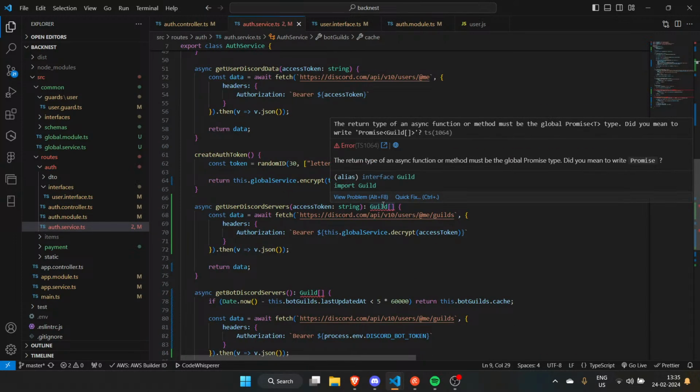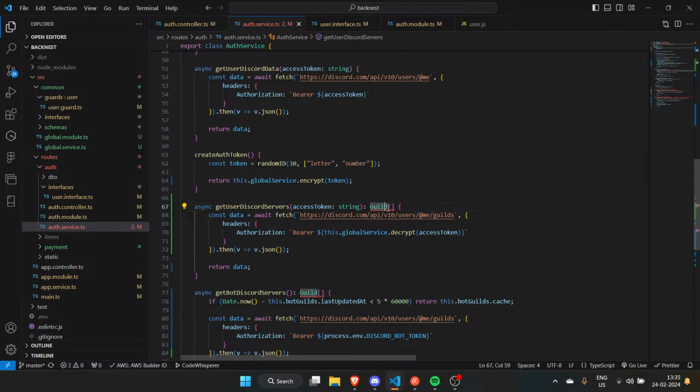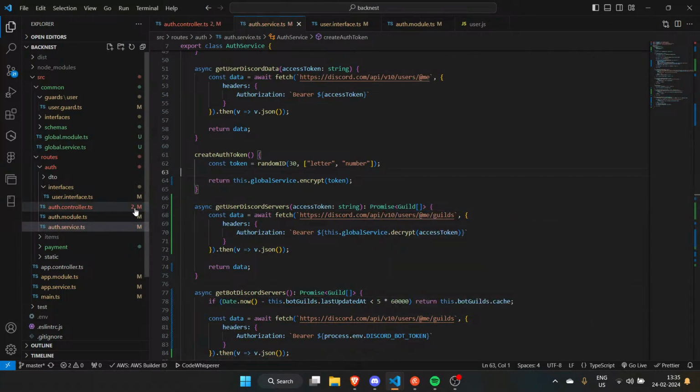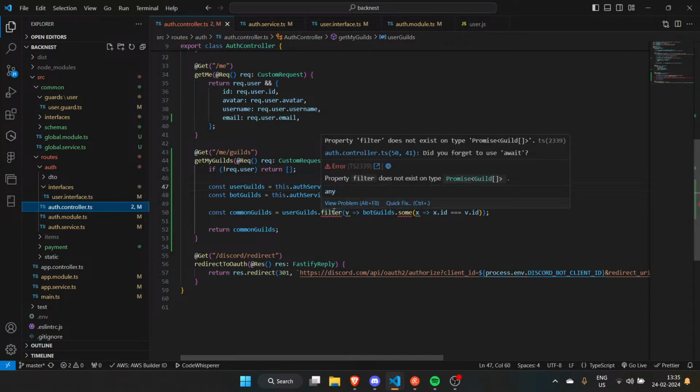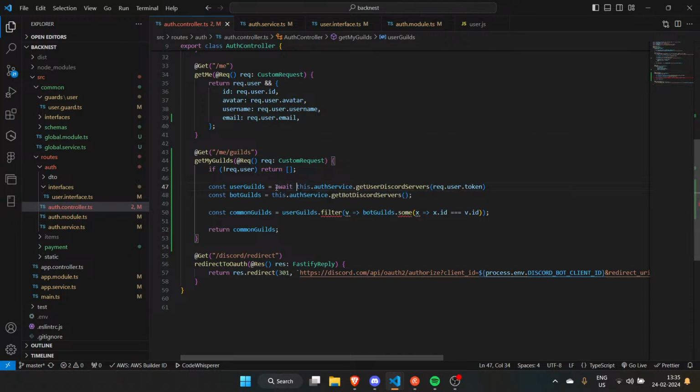Now the return type of an async method must be the global Promise type. Oh, my apologies, I totally forgot it's a promise. Oh, it's an await. That's not a big deal. I can make it an await any time of the day. And we're done.